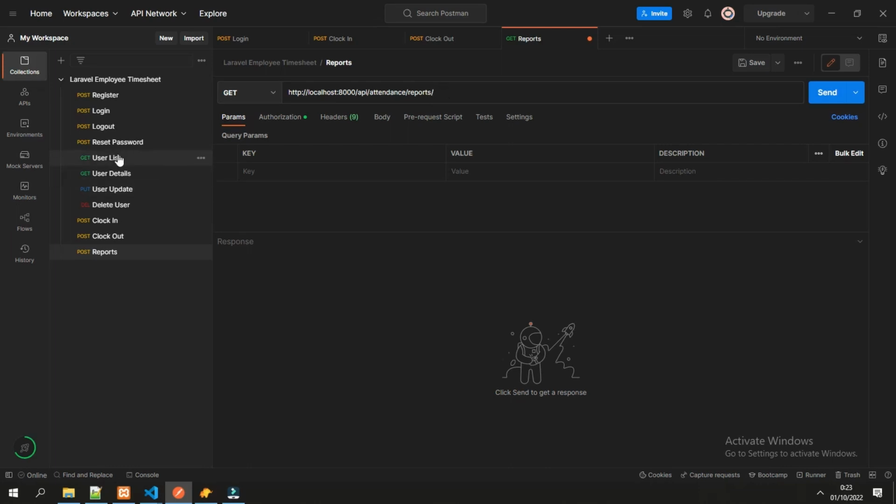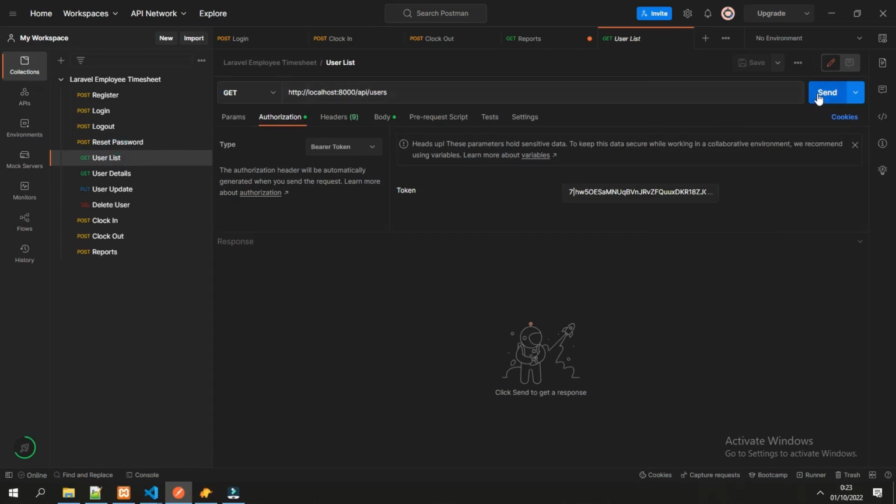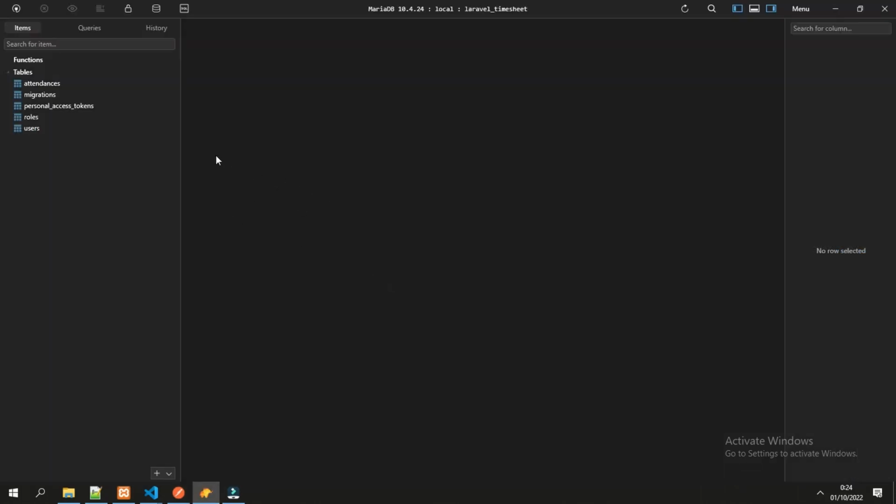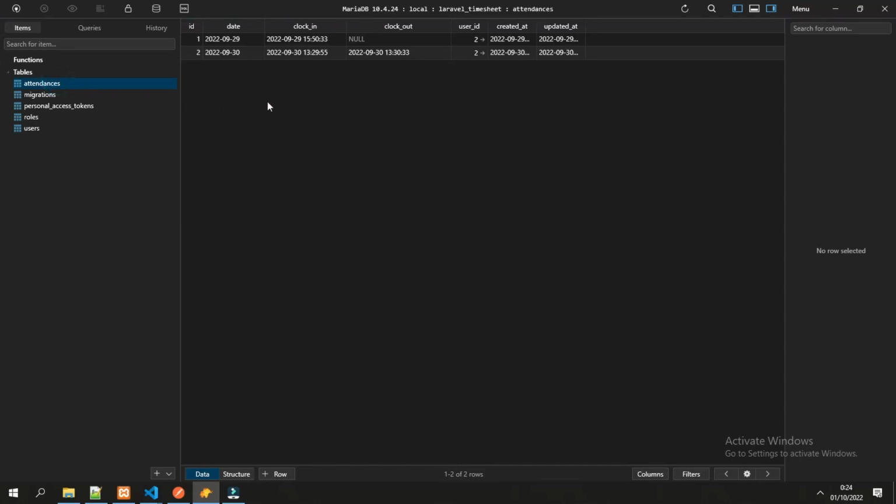So currently if we check in the user list, we only have one user with ID number 2, and in the database, if we check in the attendance, the user ID number 2 has 2 attendance in here, so we can get an example of the array because it has more than one attendance.